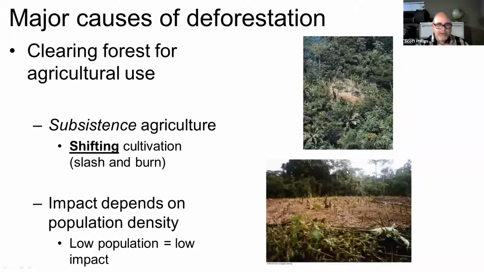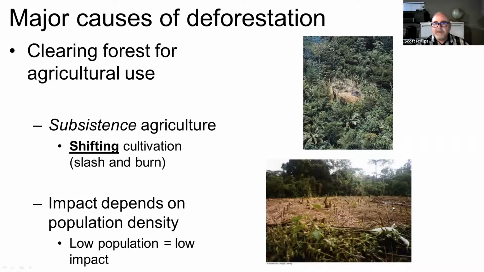So with shifting agriculture, also known as slash and burn agriculture, a clearing is made, and the vegetation is burned to provide some additional nutrients to the soil, and people can grow food for a certain amount of time here. But depending on the soil quality, there may be a limit to how long the soil will be productive, and when that limit is up, people have to shift to a different location and start the process over again.